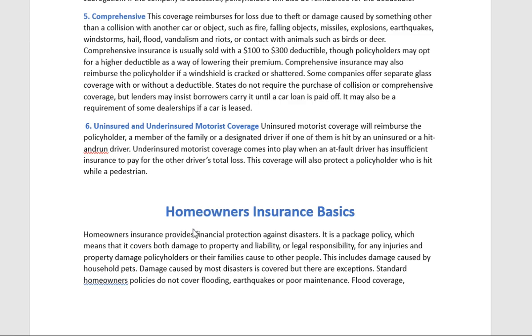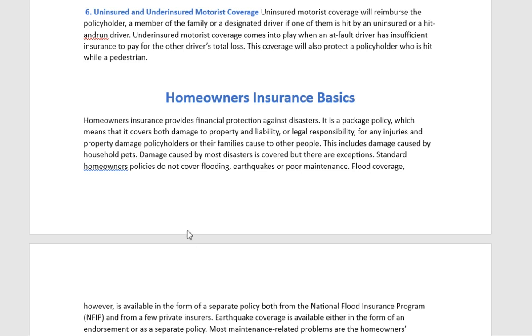Next is homeowner insurance basics. Homeowner insurance provides financial protection against disasters. It is a package policy, which means that it covers both damage to property and liability, or legal responsibility for any injuries and